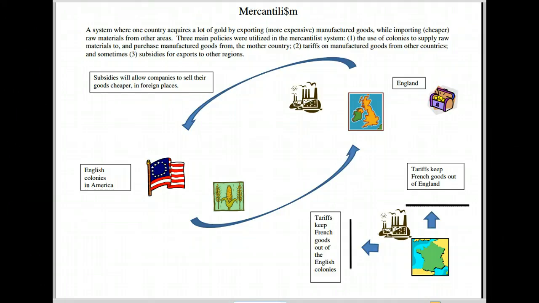Next week, when we look at the Enlightenment, we will examine the writings of Adam Smith and David Hume, who criticized mercantilism and offered a very good alternative. Now, you can look at the Navigation Acts chart, which shows various laws that the government of England enacted in order to impose mercantilist policies on the American colonies.